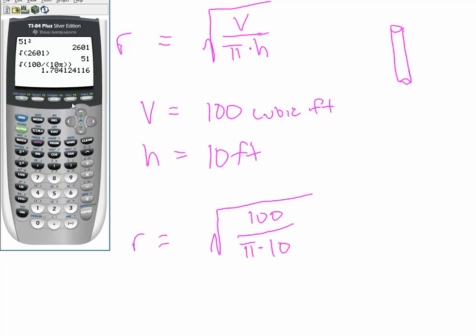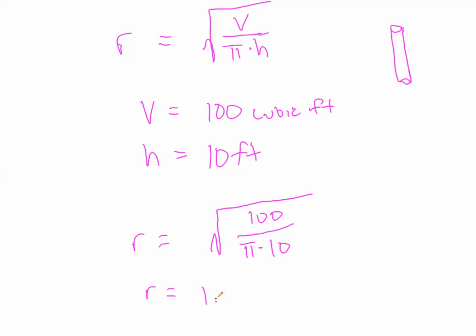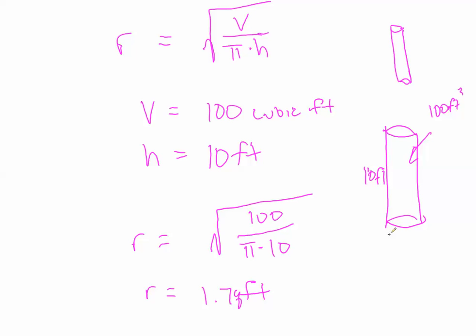So this would tell me that I would need that pillar radius to be 1.78 feet. So here's my pillar. I'm sorry, you can tell I'm an expert at drawing these. If I wanted this to be 10 feet tall, and I wanted this to contain 100 cubic feet of concrete, then the radius of this pillar would need to be 1.78